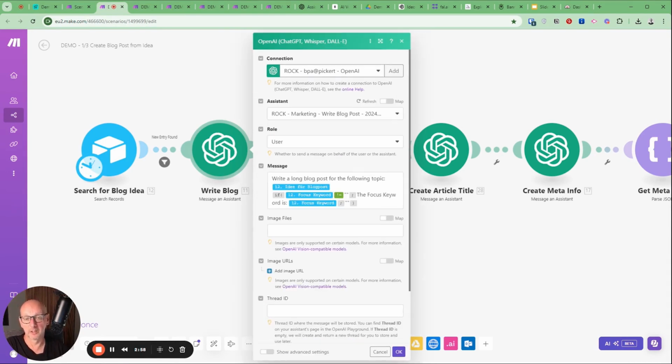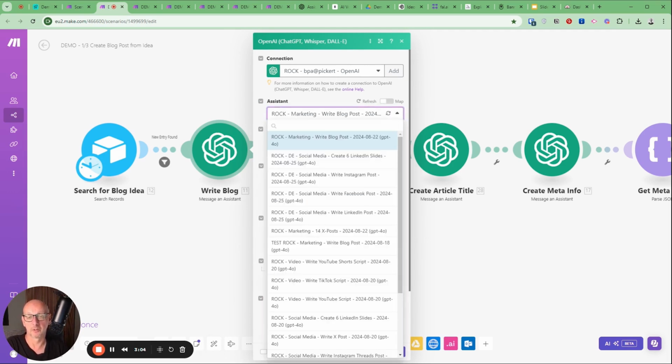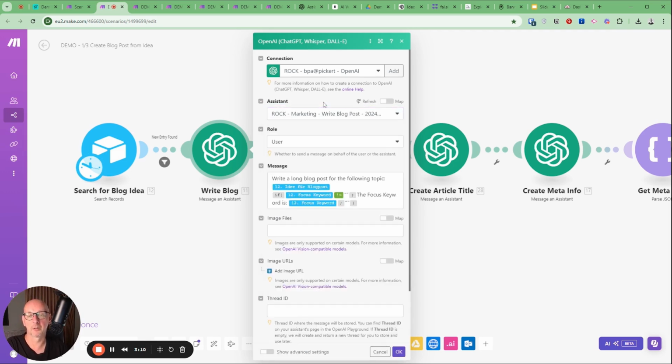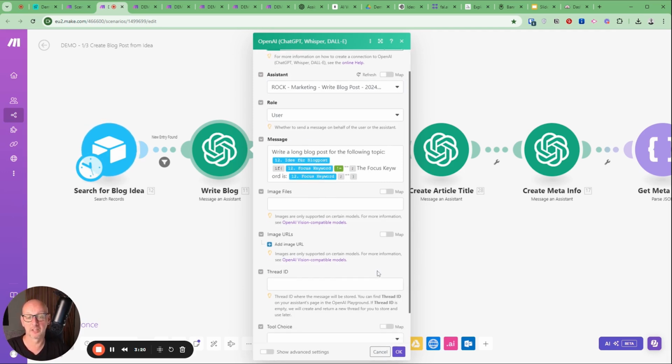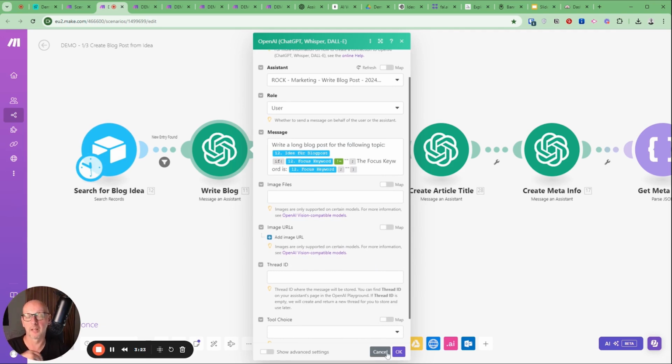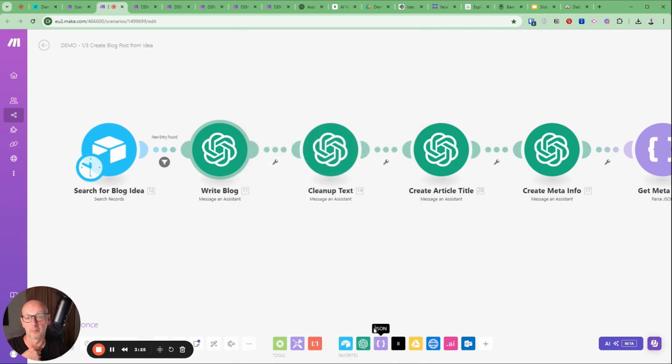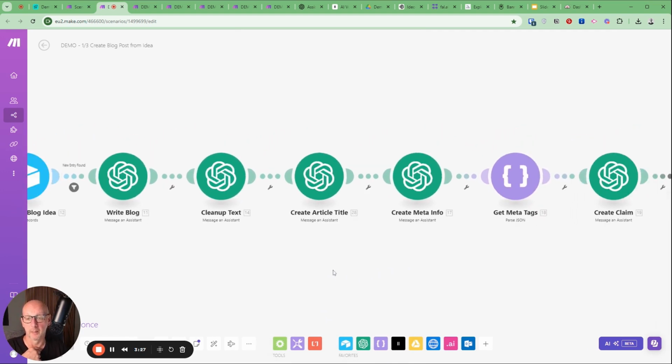Of course, I need the connection to OpenAI, and I select my assistant from the list that I have created. As we can see, there are quite a lot of different assistants. I've also given each of them specific names so that with the large number of assistants we've built, we can still find our way around easily. Then we pass this idea and the focus keyword to the assistant. The response is the blog article, and then the process continues with the next assistant,